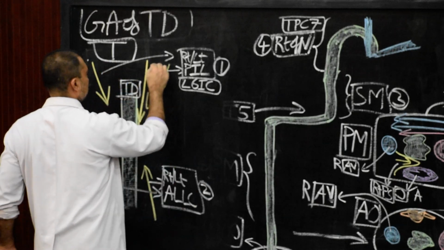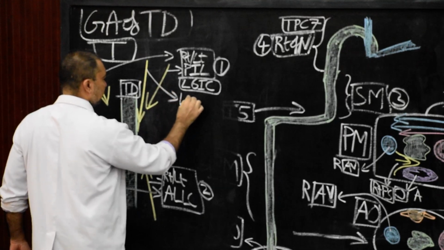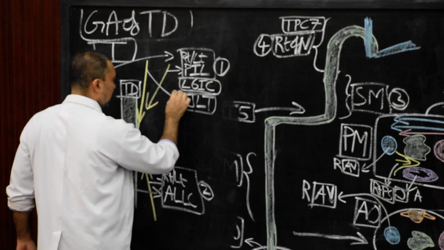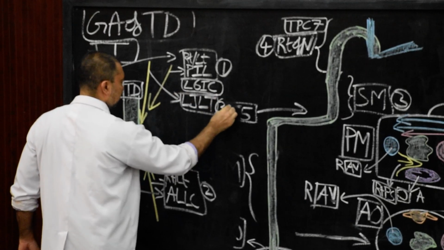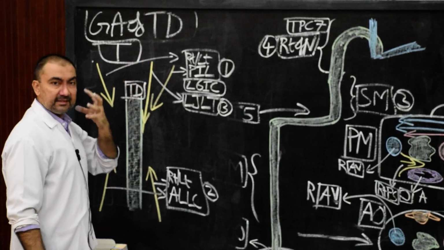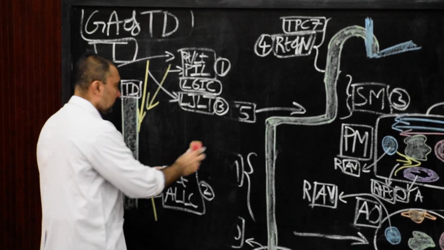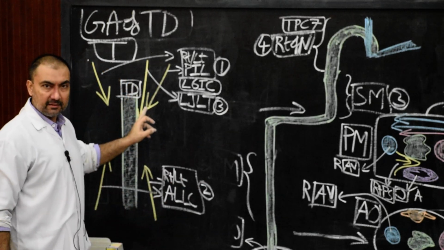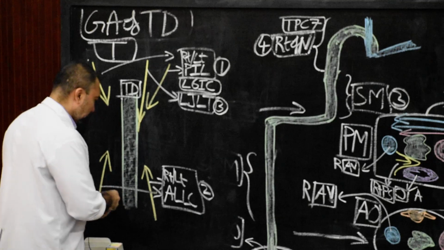So here please write down the left jugular lymphatic trunk, and we will mark it as number 3. Left jugular lymphatic trunk, draining the lymph from the left side of head and neck. Which one? The left jugular lymphatic channel. Number 3. Now number 4.